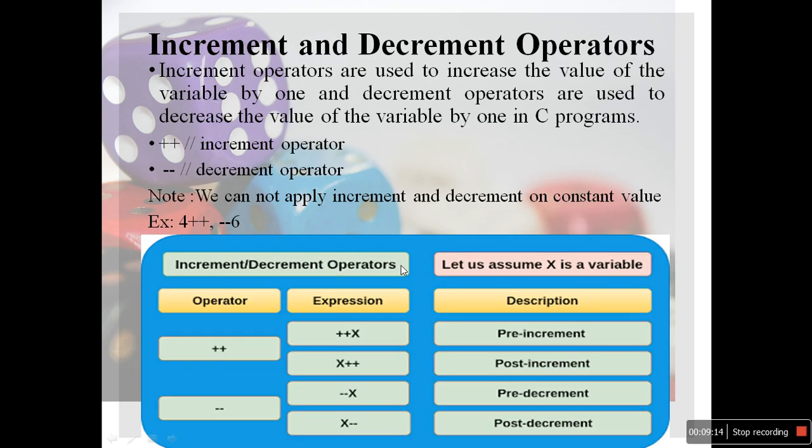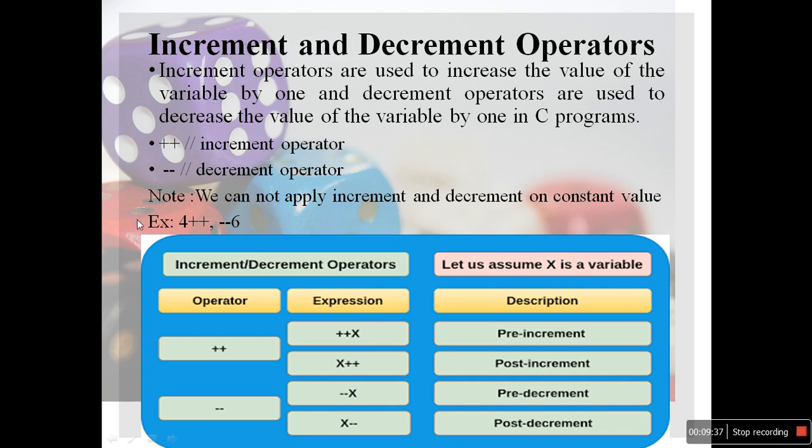Okay. That is the most important operator, the increment and decrement operator. Increment operator and decrement operator are used to increase and decrease the value of a variable by 1. Always by 1. We denote the increment operator by double plus and the decrement operator by double minus.